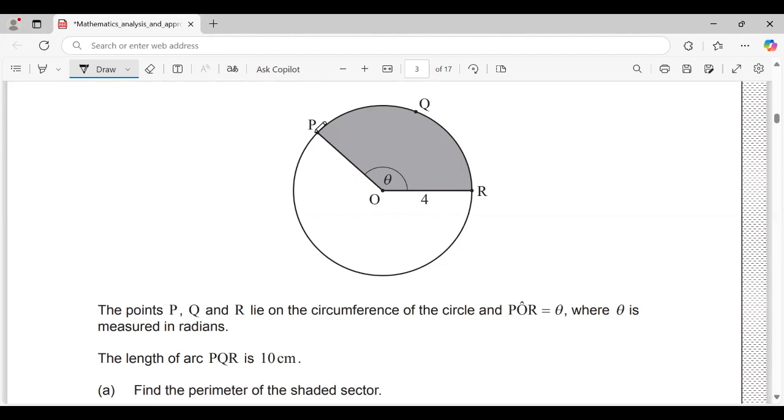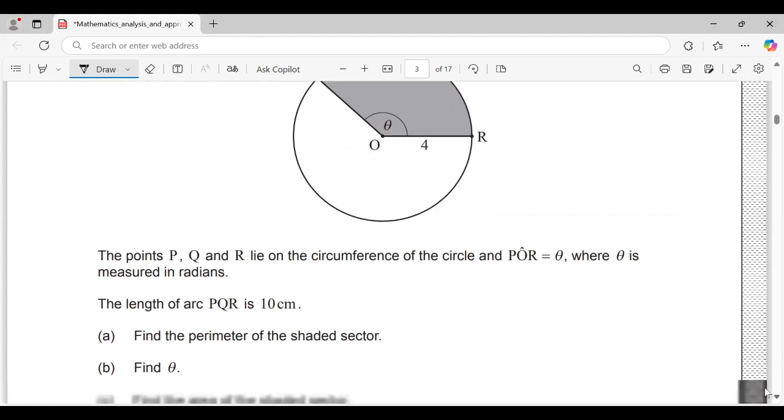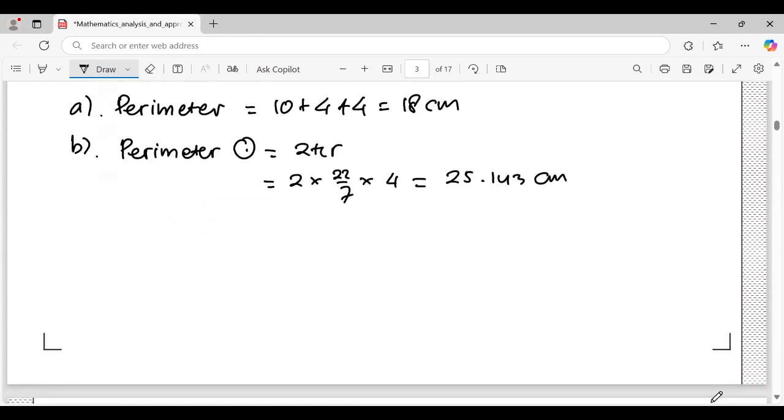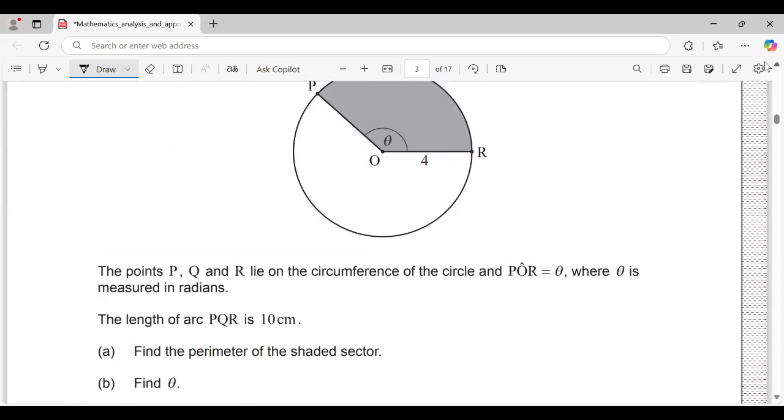25.143. Okay, so the difference: the perimeter of the shaded area is 10 plus 4 plus 4. But the perimeter of the circle is the circumference of the circle, right? As we continue, it means theta equals 10. 10 is the length of PQR, this one,